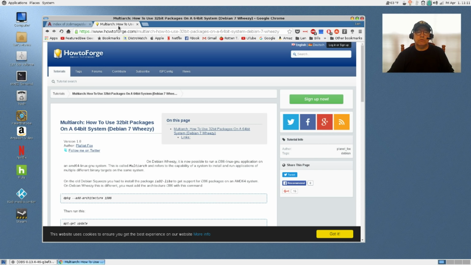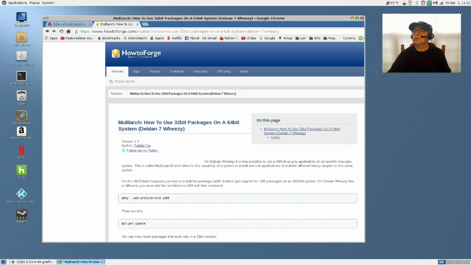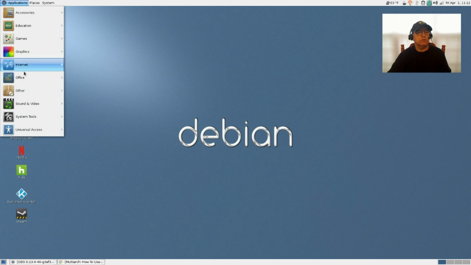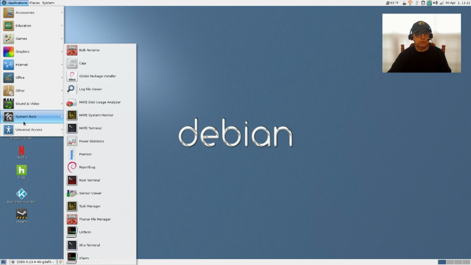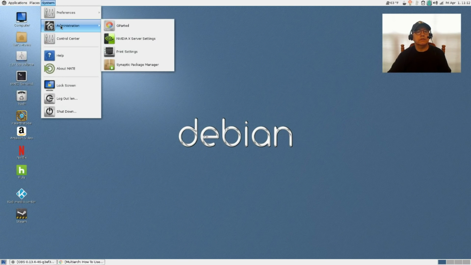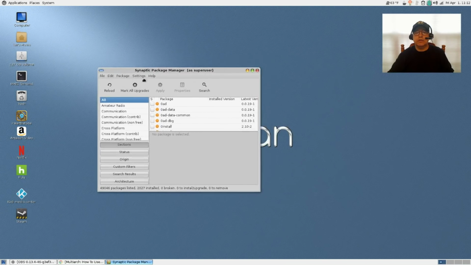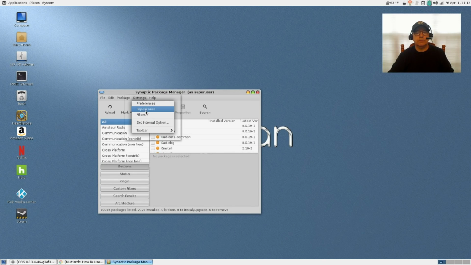Then once you do your install and you convert to testing, if you're going to, my recommendation would be to go into your Synaptic. You're going to go into Synaptic and you're going to take a look at your repositories.